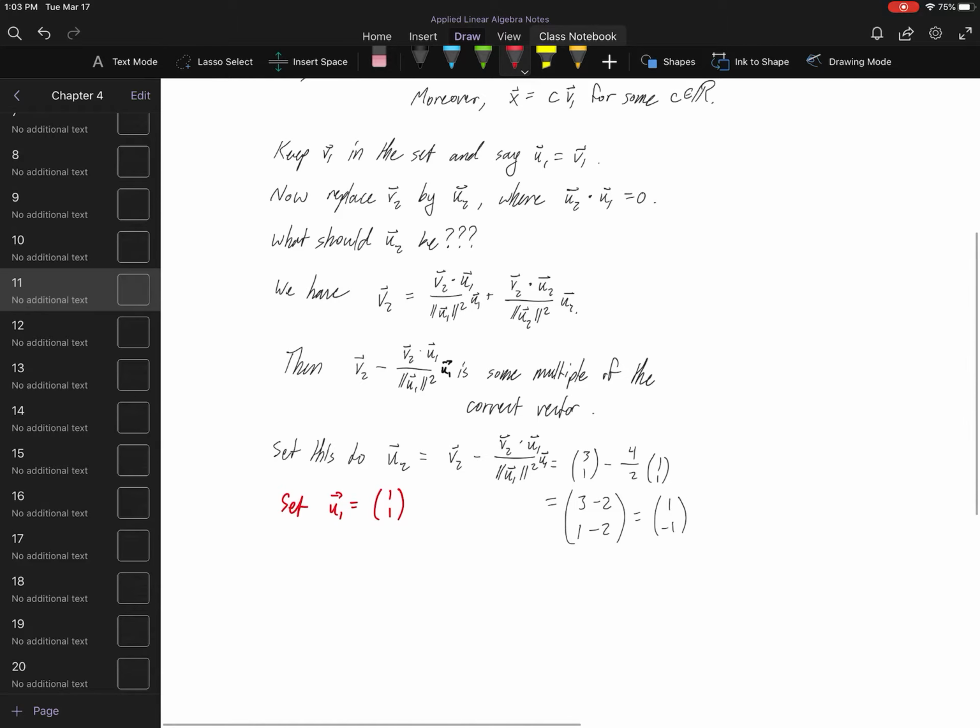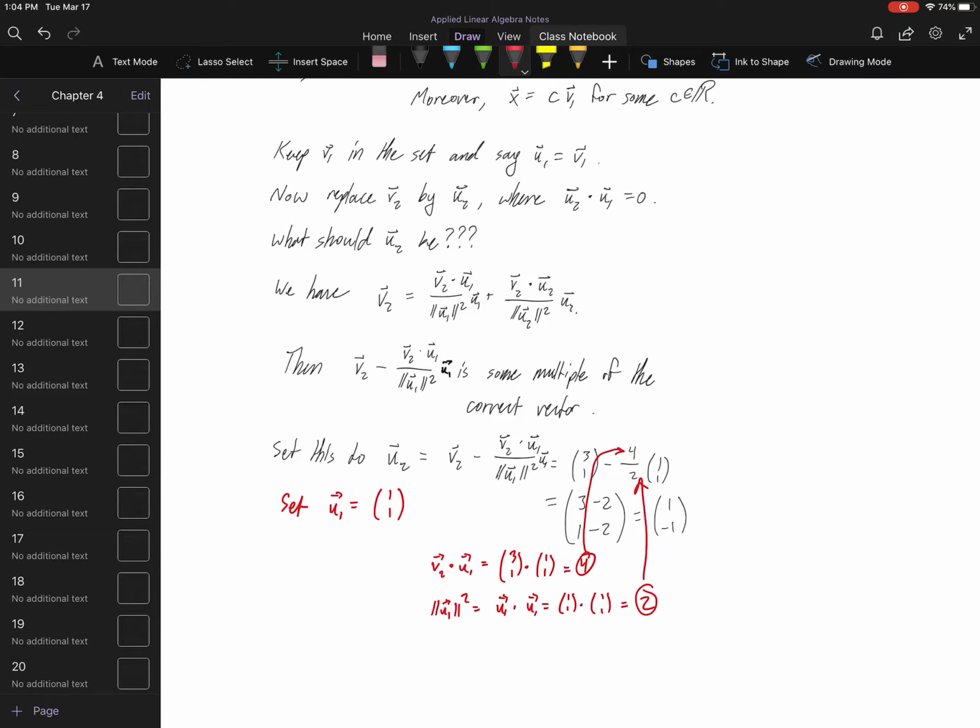All right. So we can compute all of these dot products. So v2 with u1 here, this is (3, 1) dotted with (1, 1). So sure enough, that's a 4. And the length of u1 squared, this is just u1 dotted with u1, which is (1, 1) dot (1, 1). And sure enough, that's a 2. So the 4 goes right here, the 2 goes right there, and Bob's your uncle, Fanny's your aunt. That's how much of the u1 vector we have to shave off of v2